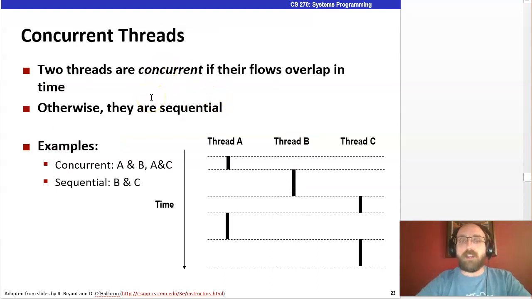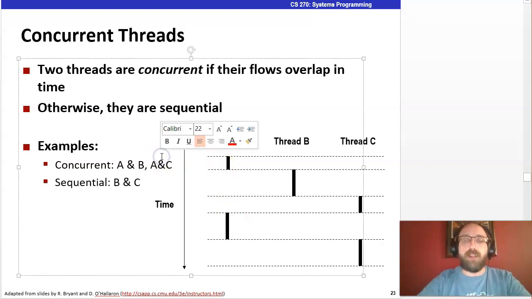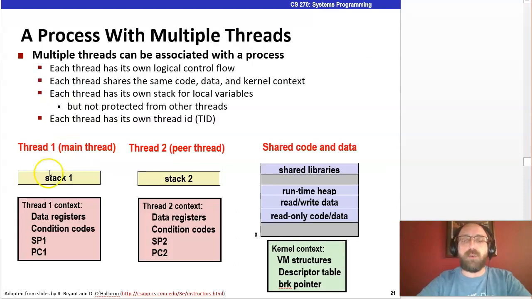And again, going back to the definition of concurrency, two things are concurrent if their flows of execution overlap in time. Those could be concurrent processes, with process A doing some stuff, we get a context switch to process B, which does some stuff, and so on. But they could also be threads within a process. There does have to be some kind of context switch when we switch from executing one thread to another, because all of this